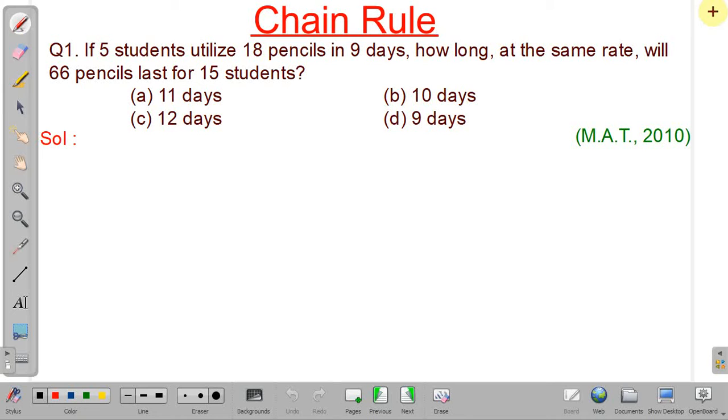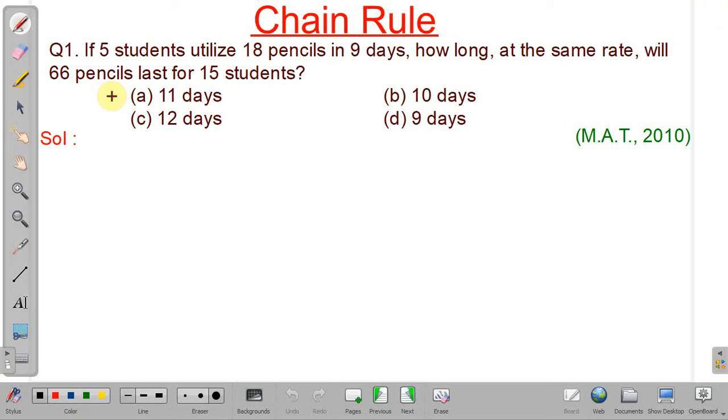We use chain rule, and for applying chain rule, we have to use ratio and proportion. Okay. So first we see whether the parameter which we need to calculate is dependent directly or inversely on other parameters. So first we see the relation between the parameters and then we apply ratio and proportion. So we will see how we can use chain rule.